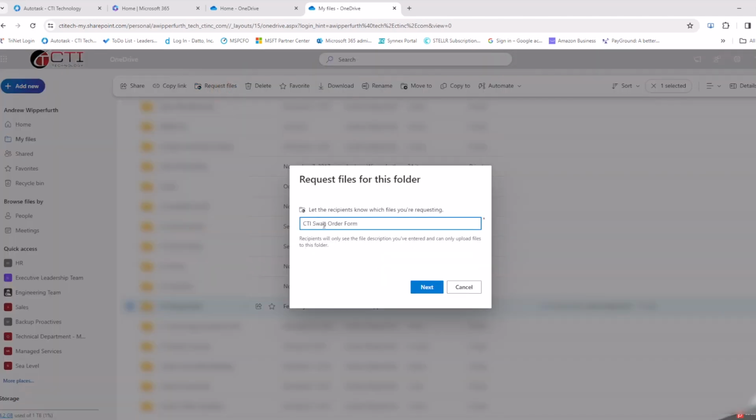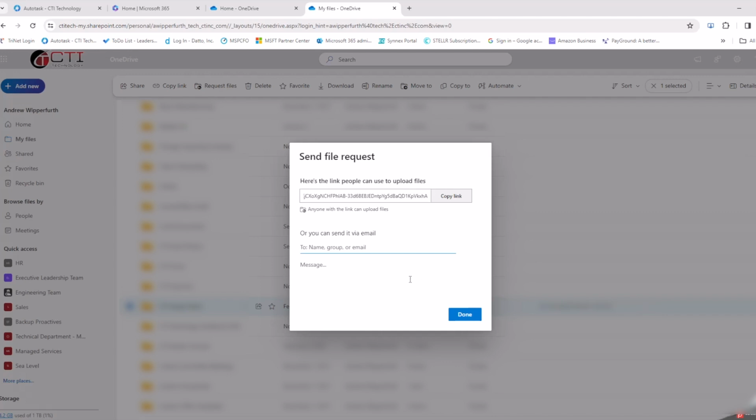And the first question popping up is basically going to say, what do you want users to know you're requesting of them? In this situation, I just put the name of the folder, CTI swag order form, no worries. You're going to click Next, and then you've got two options here. The first option is to copy the link, and then you can send that from your Outlook. Another option is going to be to just simply type in an email address,